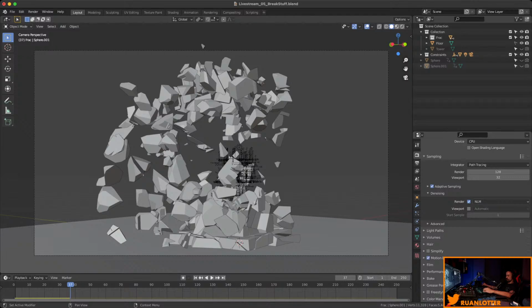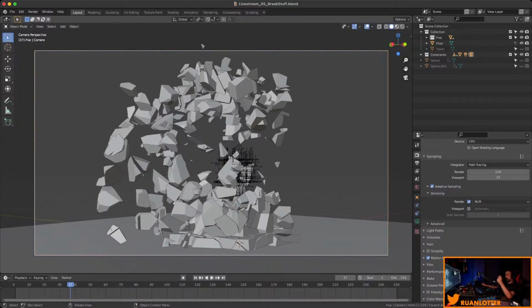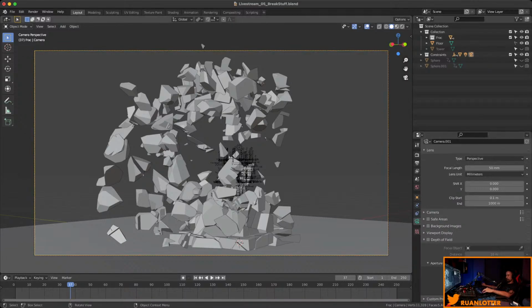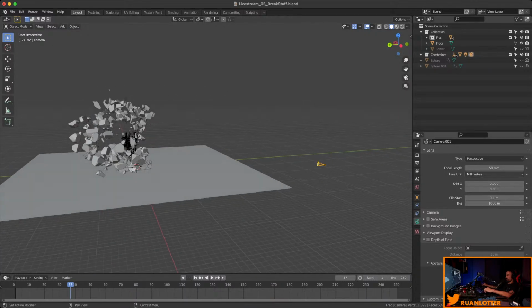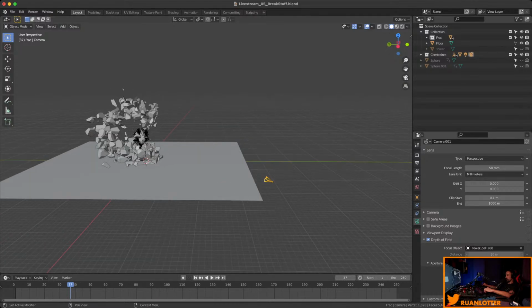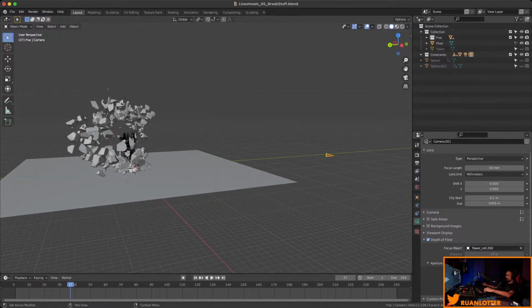And let's enable motion blur again, because this is now on Cycles, so it works a little different. And then maybe let's add some depth of field to our camera. So with the camera, if you enable depth of field, you can obviously choose your focus distance or your focus objects just by kind of doing that, or you can set